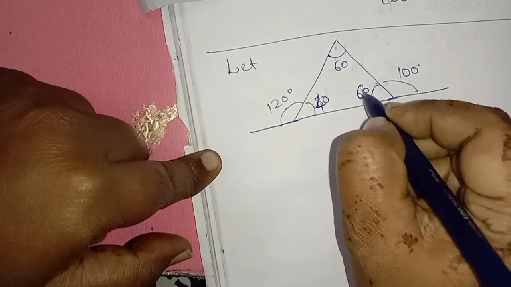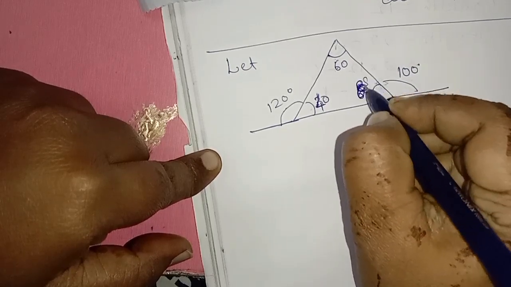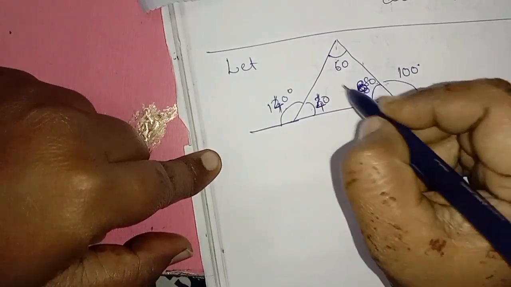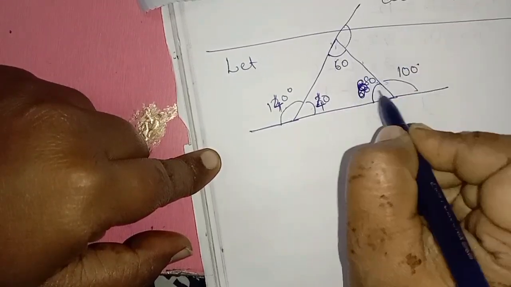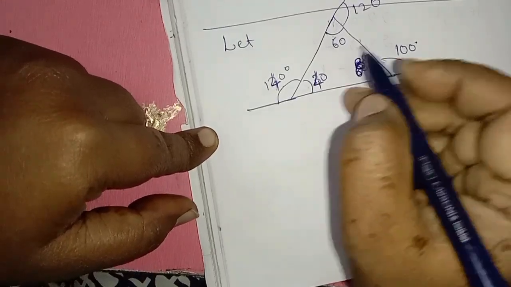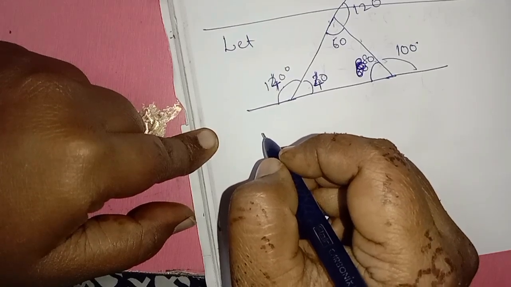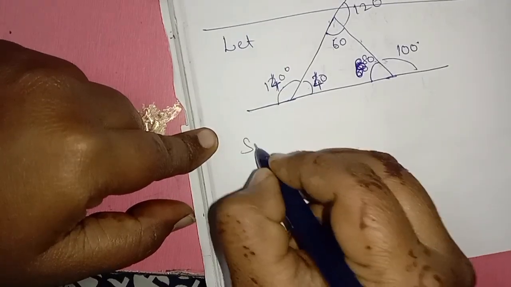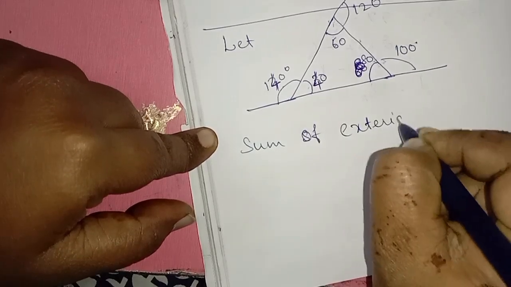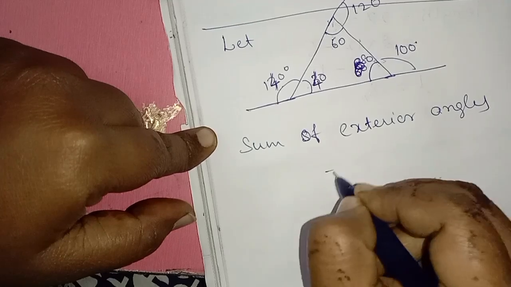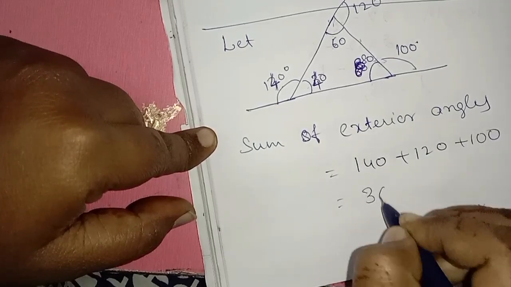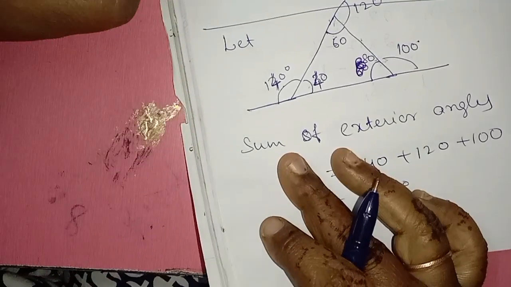With one example only we can explain the sum of exterior angles. 140 plus 120 plus 100 equals to 360 degrees. If you take any triangle, you will get this. Next,